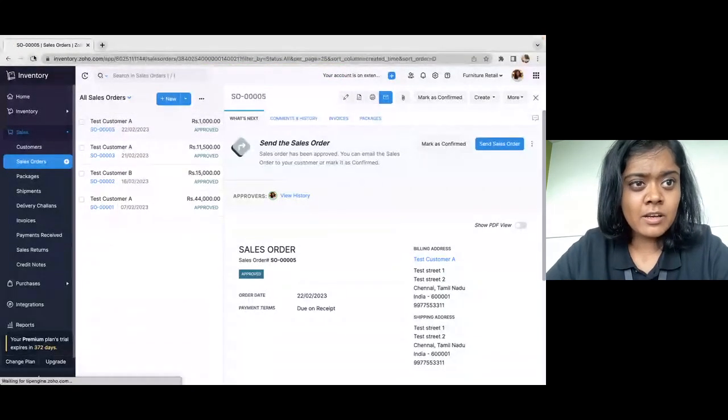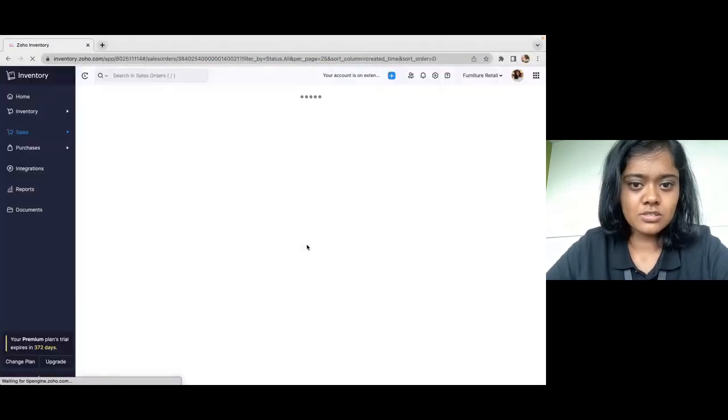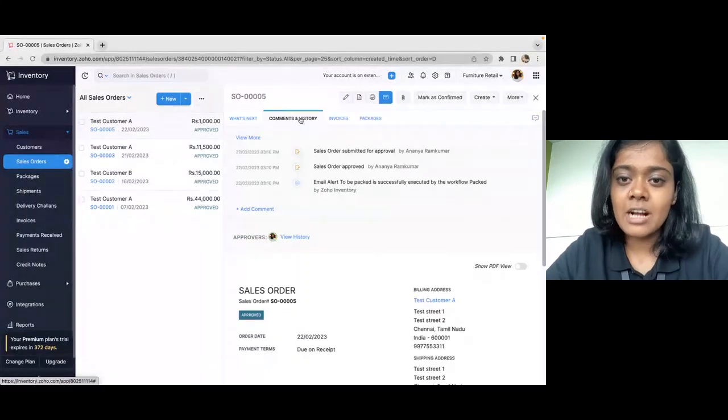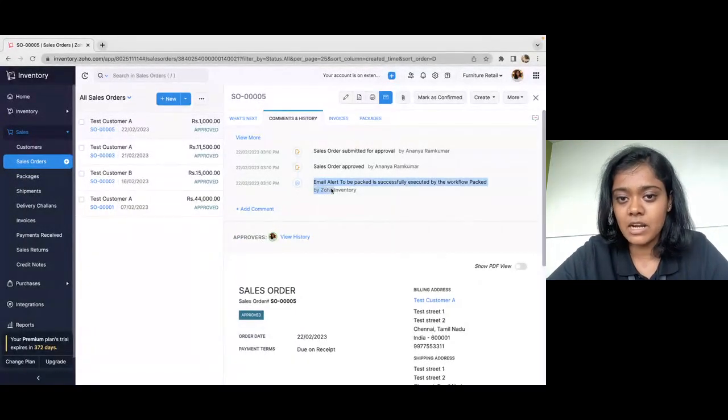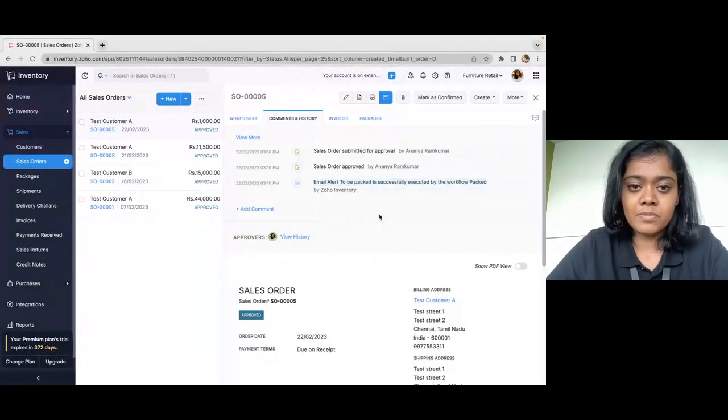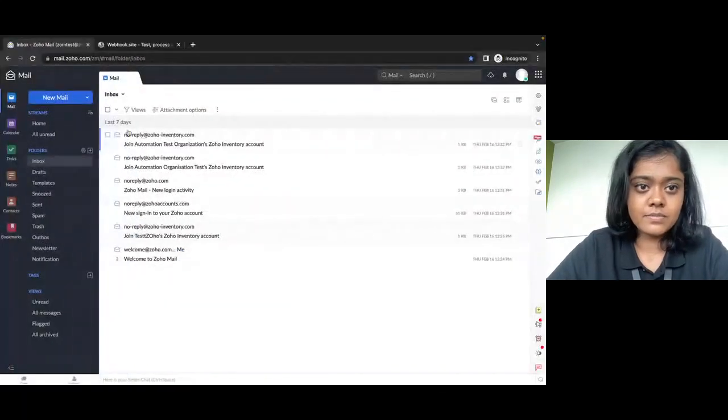Let me just hit a quick refresh. Now here under the comments and history column, you would be able to see whether the workflow rule has been triggered. So you can see that it has been successfully executed. Now if I head to my email,